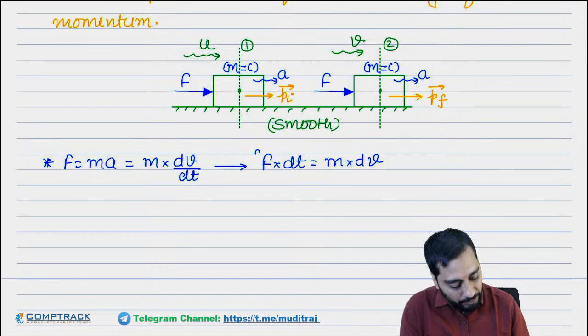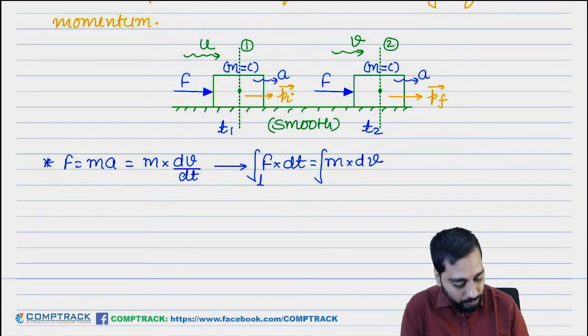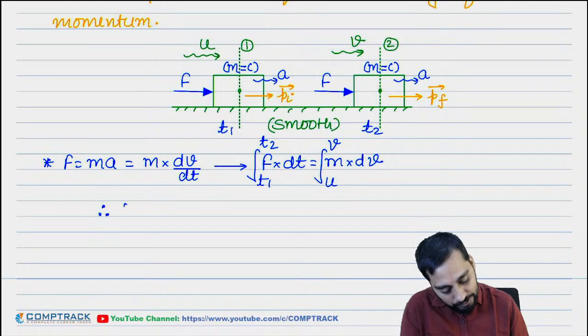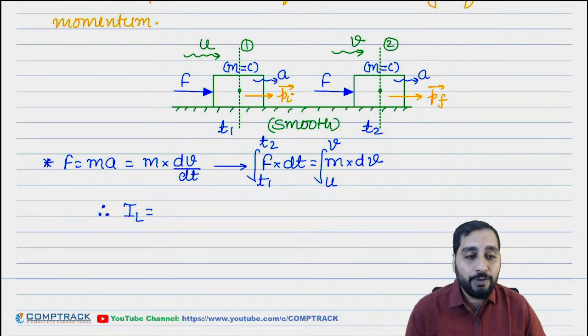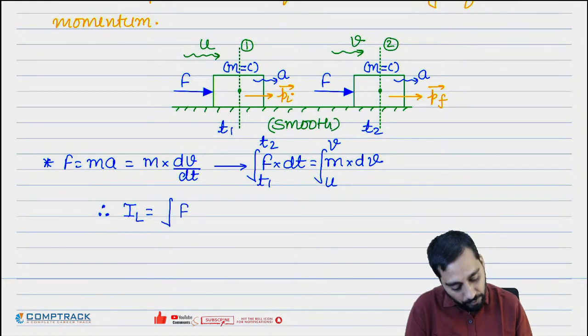Okay, so if you integrate from time t1 to t2, and on the right side the integration will be from u to v, your left side will become the impulse. Actually, it will be the linear impulse. So this linear impulse will be equal to the integral of force into dt from time t1 to t2, equal to